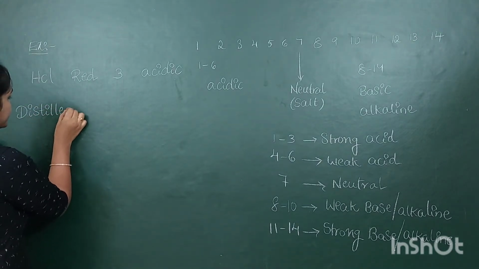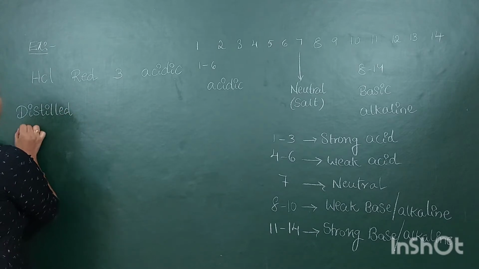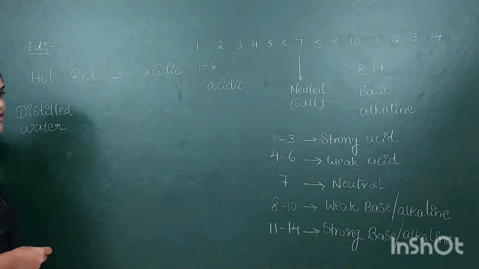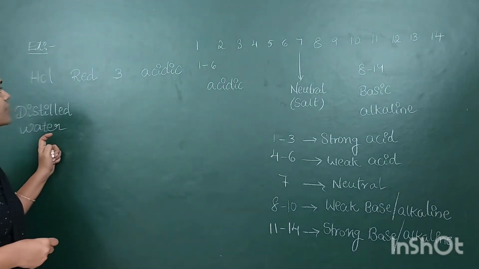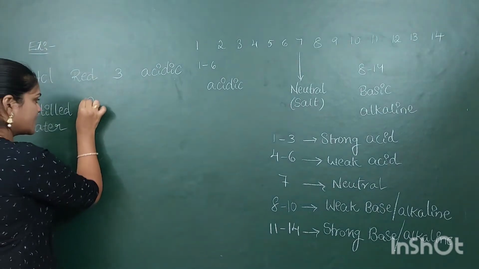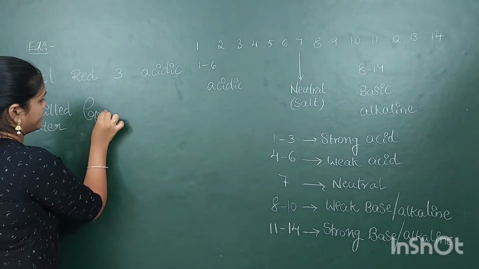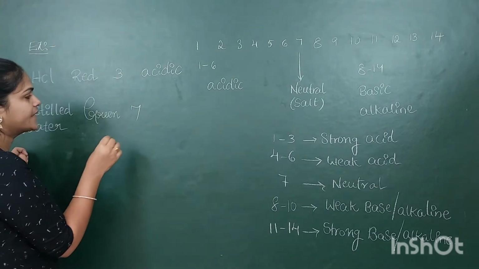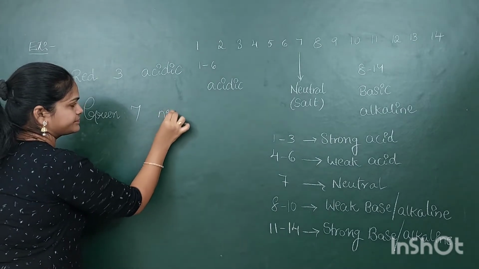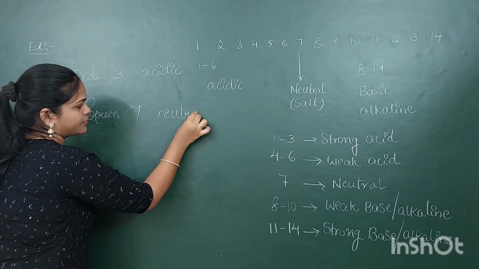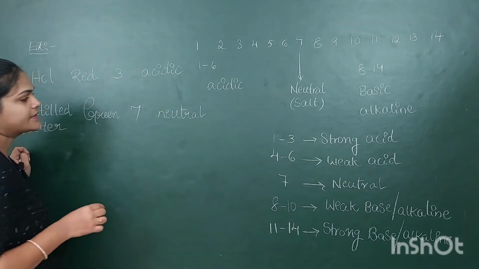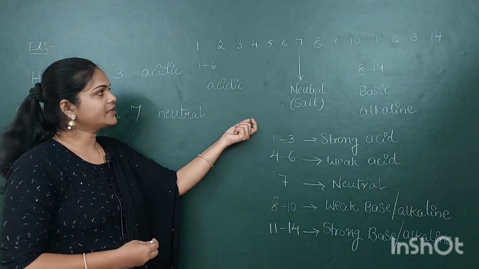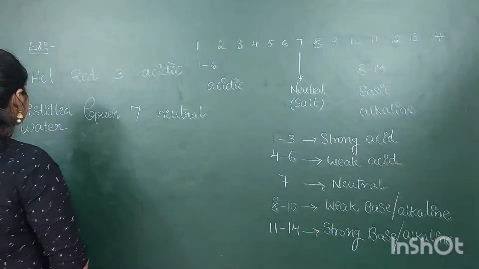Distilled water means it is pure water, which is not having any oxygen molecules in it. It is boiled water. Distilled water will appear in green color and its pH value is 7 and it is neutral. We know when we get a pH value of a solution of 7, it is neutral. So next,